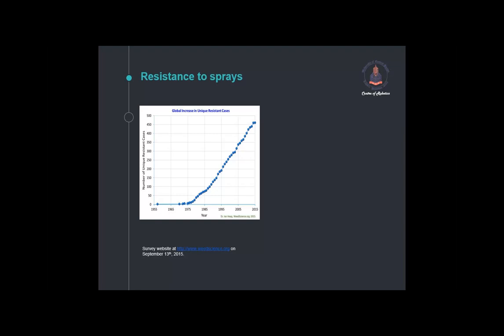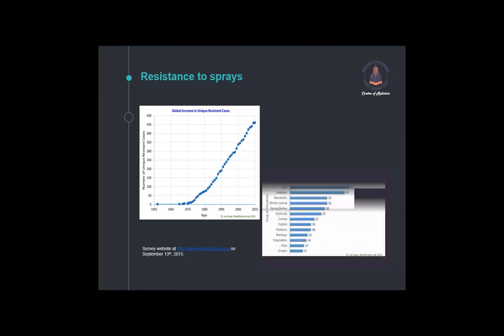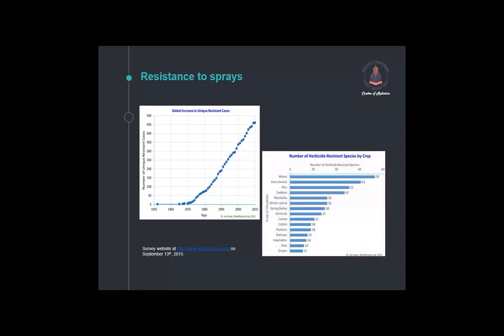So it is a continuous cost for these herbicide companies to do research and develop new kinds of herbicides after the weeds have become resistant to their old herbicides. And this increases the cost of the herbicide and increases the cost for the customer. If we look at crops, for wheat, there are around 73 different types of weeds which are resistant to herbicides. For corn, there are 61, and for rice, there are 51, and so on. So you see the number of weeds which are developing resistance to herbicides is increasing day by day.